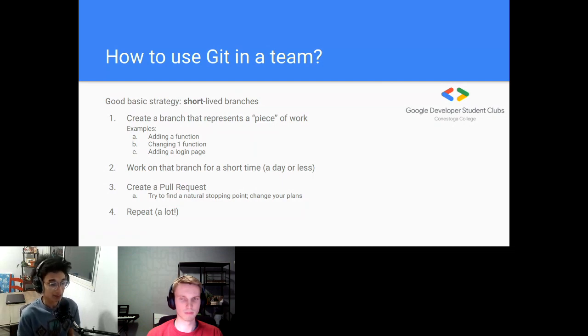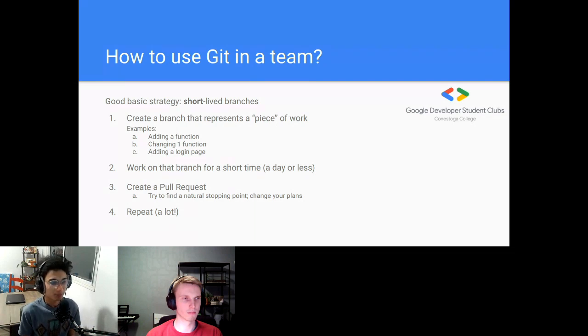You can even think a little bigger. You can think maybe like a login page, right? So this branch is like everything to do with logging in. Before this branch was made, there was no such thing as users. And after this branch is made, there's now a login page and I can log in as the test user, right? So maybe that's a branch. It's a little bit bigger, but you can still think of it as a short, small, well-defined piece of